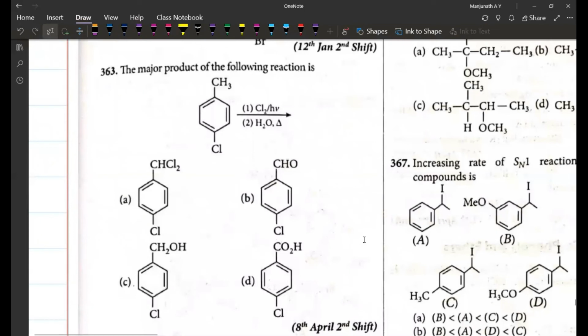Yeah, here. The major product of the following reaction is, see, first halogen in presence of sunlight will undergo halogenation. So if halogenation takes place, Cl here, CCl3, correct? See, they have not mentioned anything here. How to decide whether it is 2Cl or 3Cl? Isn't it difficult to decide?